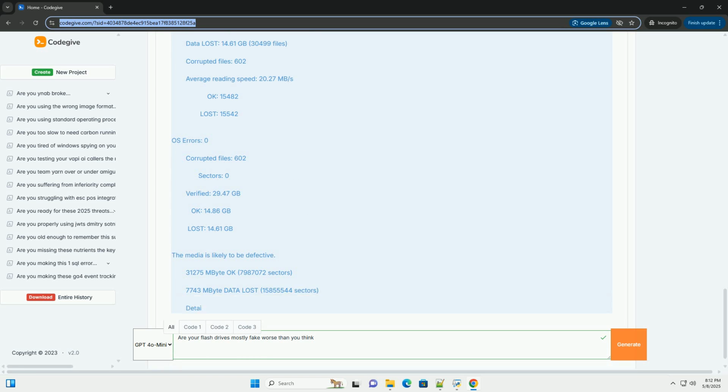Test new drives immediately. Always test a new flash drive or SD card as soon as you receive it using the methods described above. This will allow you to identify any issues early on and return the product if necessary. Consider buying locally. Purchasing from a local store allows you to physically inspect the packaging and the device before buying it. You also have recourse options if the drive turns out to be fake. Ask for proof of purchase. When buying from a seller online,